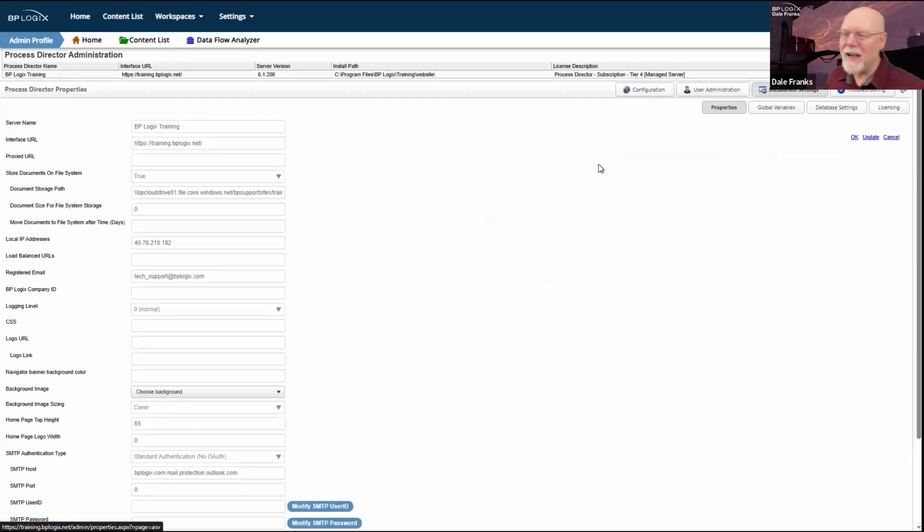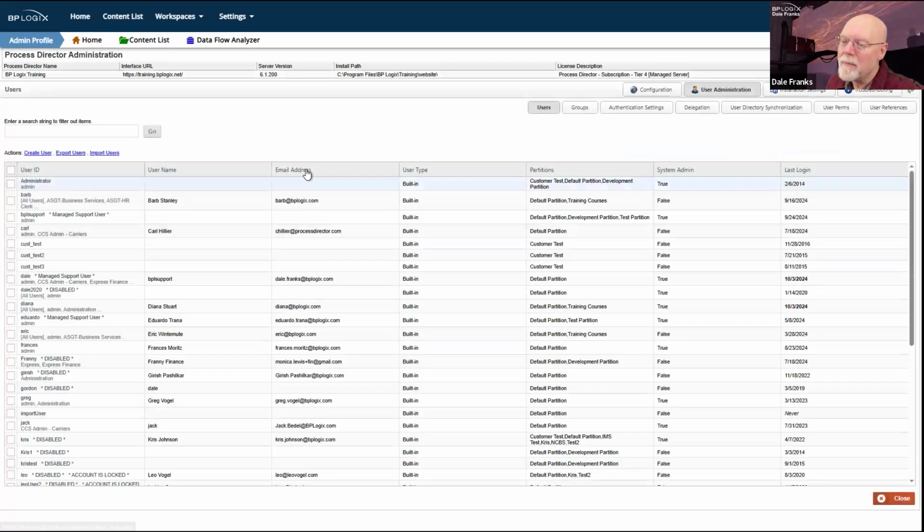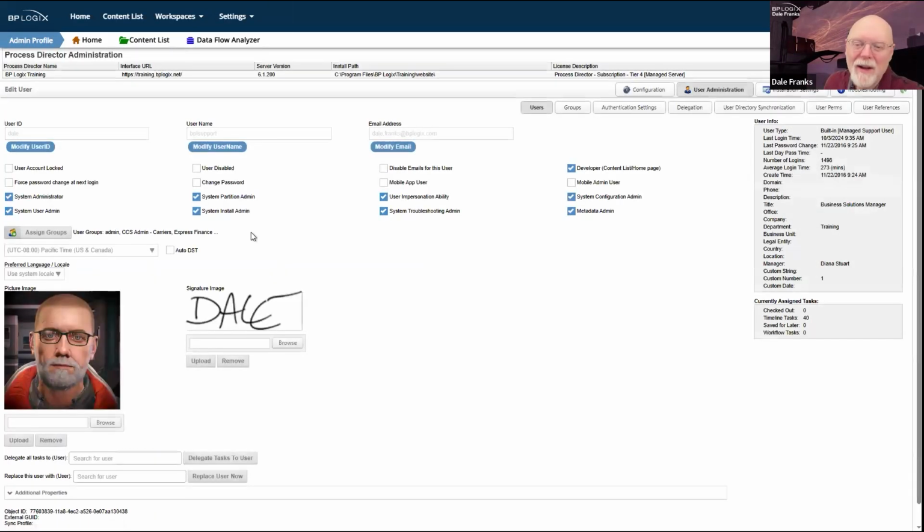Installation settings section. We've certainly made some changes here. In fact, I said this was a cutting edge version. This is not a cutting edge version, I don't think. I think, in fact, this is 6.1.200. Okay. I understand things now. So I do want to notice that we have made some changes in 6.1.